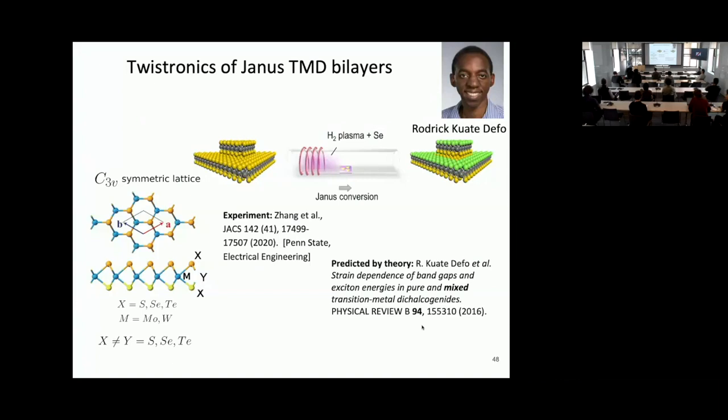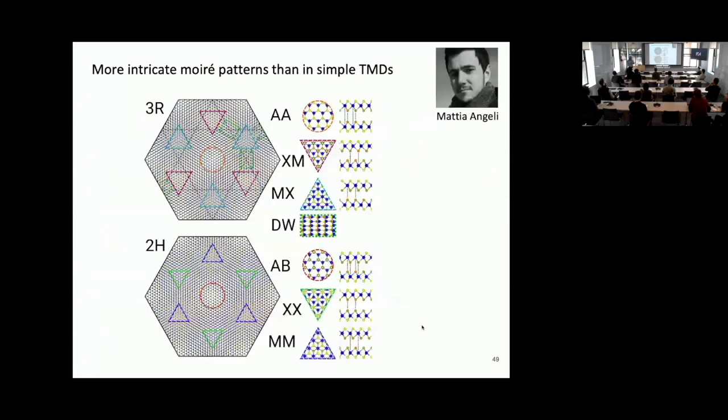Interestingly, we called it mixed layers. They called it Janus layers. So that's a lesson. Always invent a fancy term. And now everybody refers to this paper and calls them Janus layers, although we actually predicted them and described the physics quite nicely. The interesting thing here is that you can play a lot more games because you have different